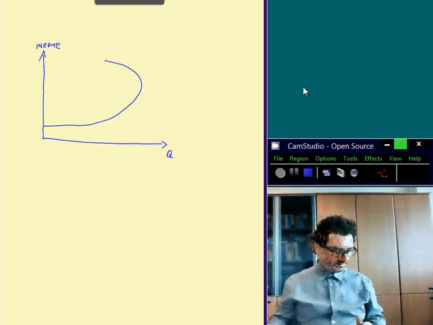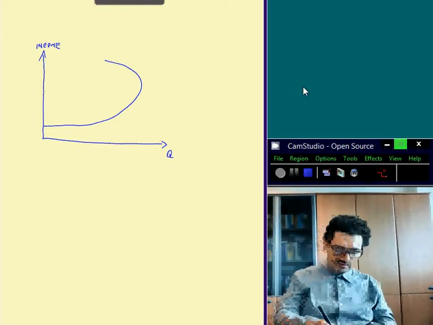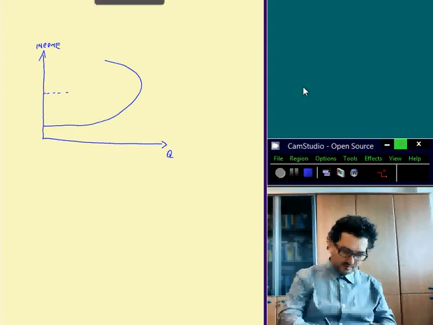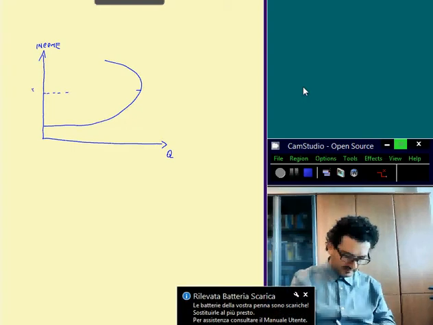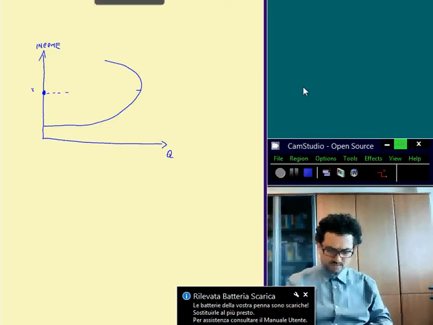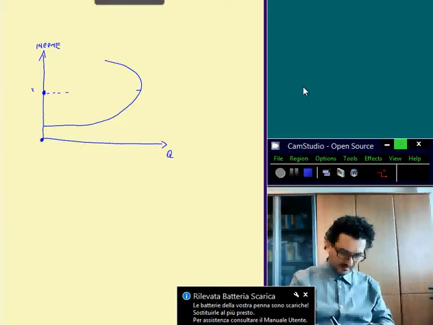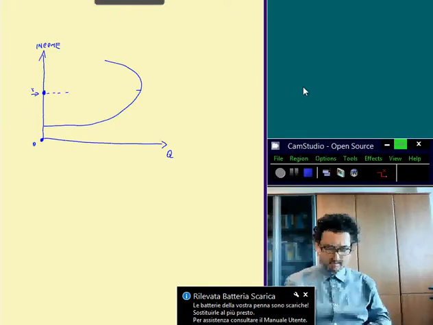What does it mean? It means that if we consider levels of income smaller than this level, so starting from 0 until this level, in this case